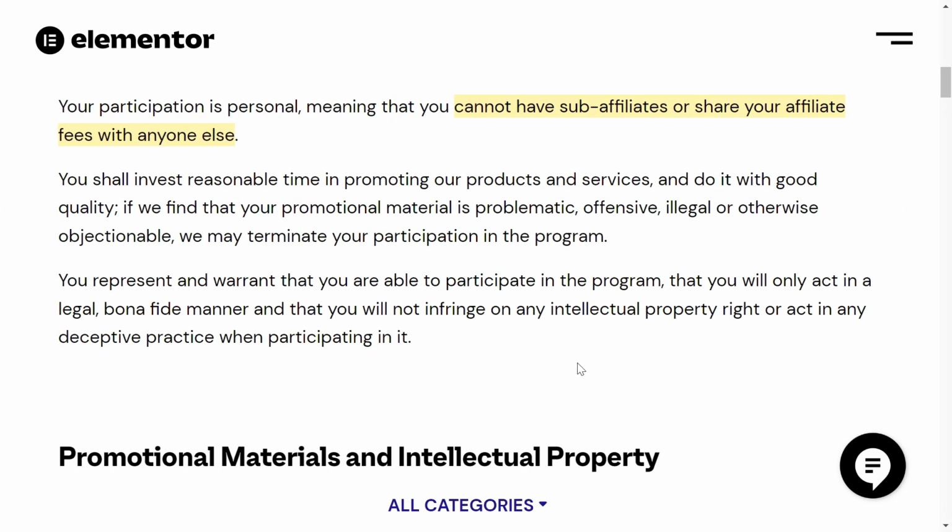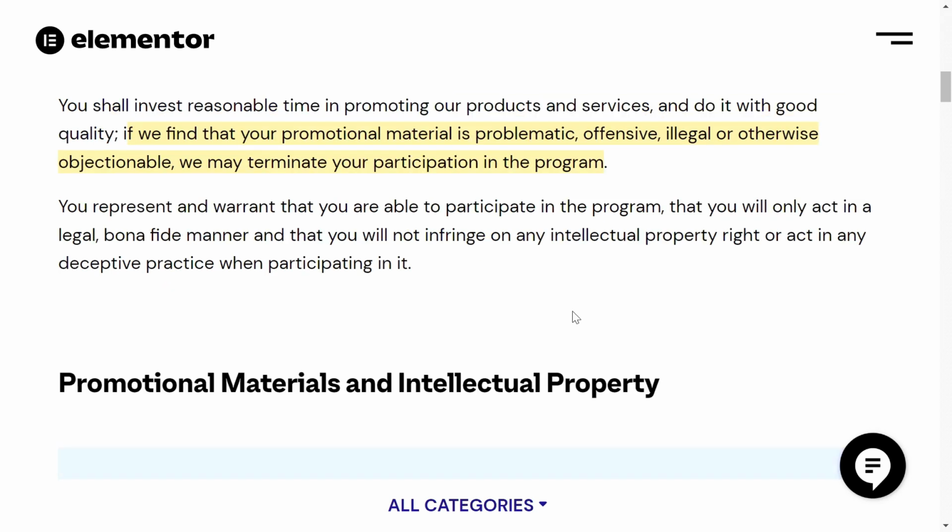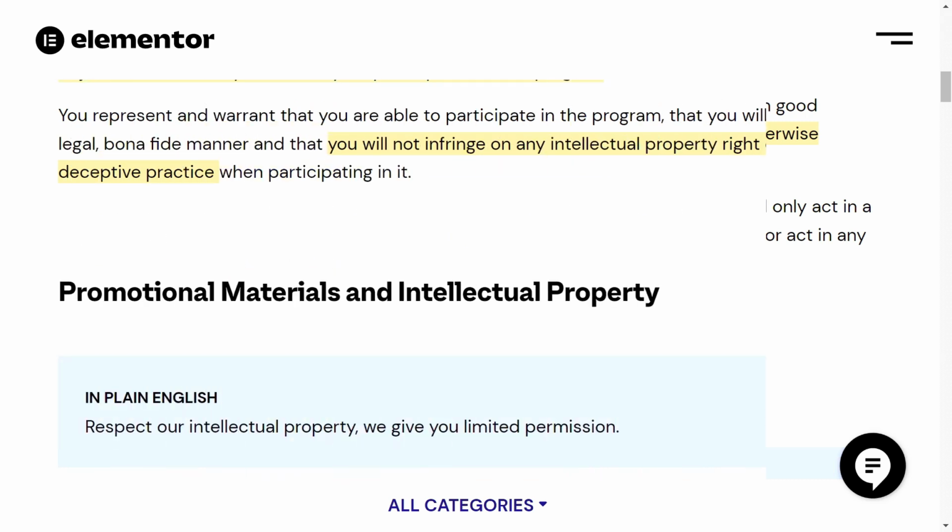So your participation is personal, so you cannot have sub-affiliates or share your affiliate fees with anyone else. If they find that your promotional material is problematic, offensive, illegal or otherwise objectionable, they may terminate your affiliate program. So you're not allowed to infringe on any intellectual property rights or act in any deceptive